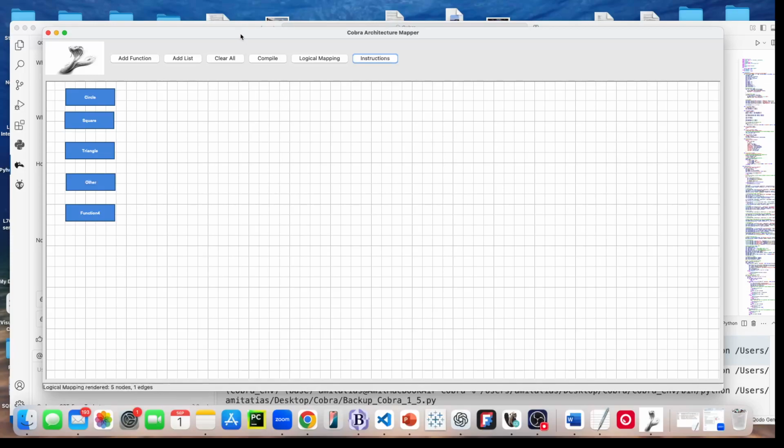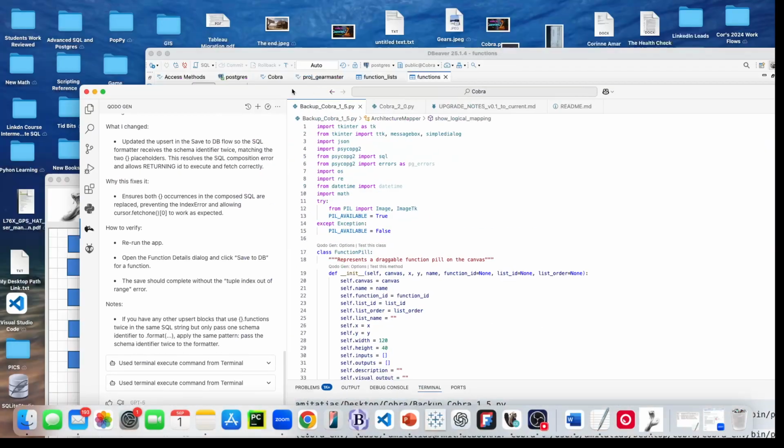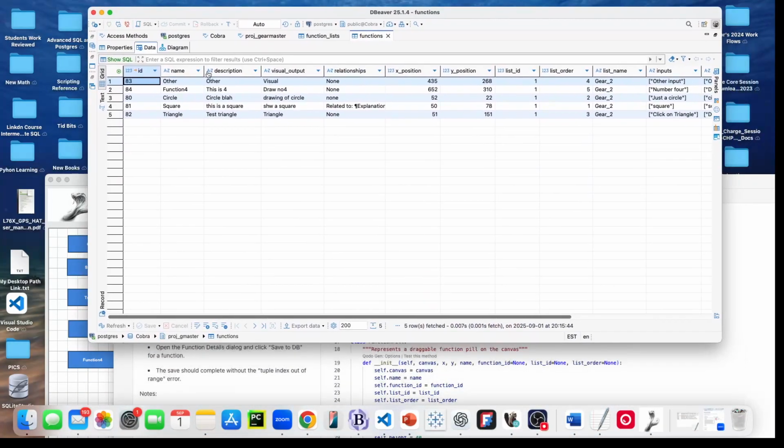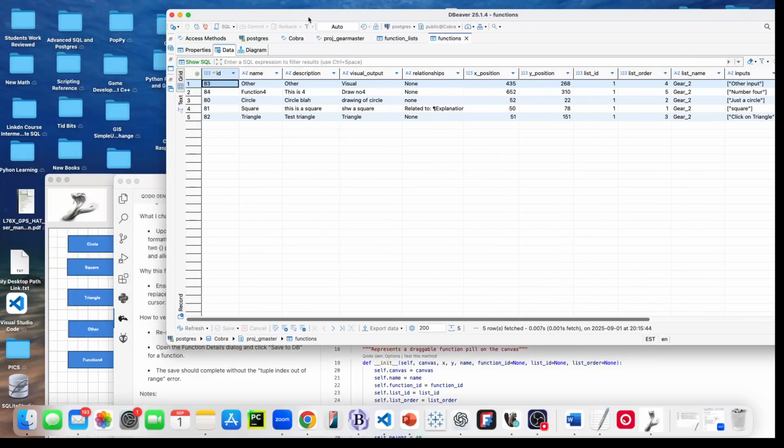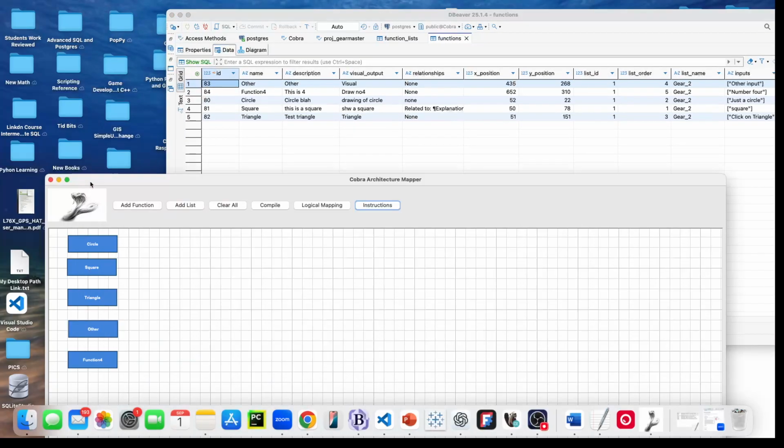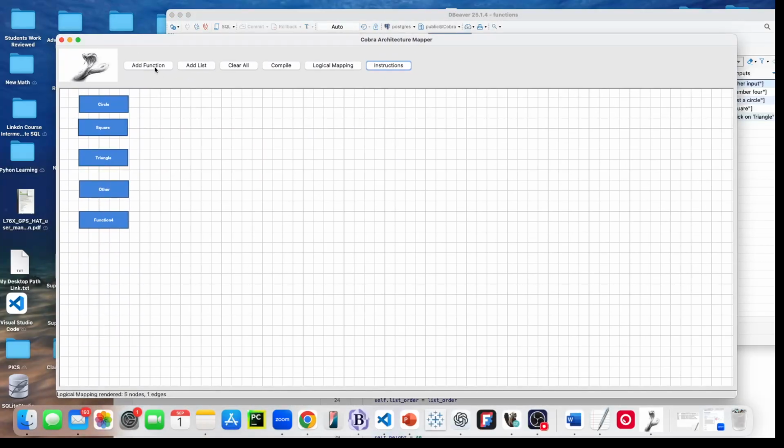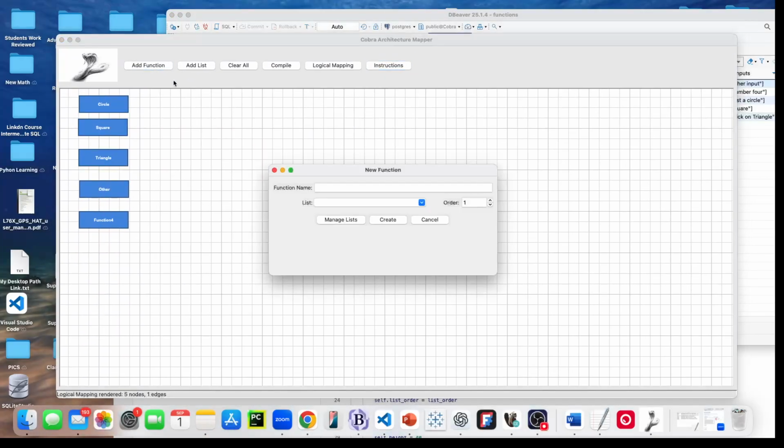So we have function 4, right? Keep that in mind. And if we look at our database, we have function 4 right there. I'm using DBeaver as the environment where you can connect all kinds of different databases and so forth. I connected the Postgres. So let's create a new function. Just going to add it quickly here. So add function, let's call it